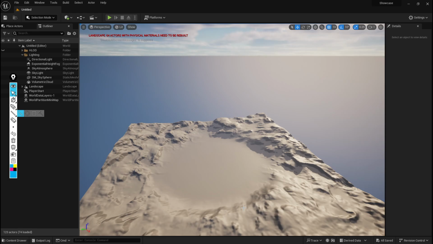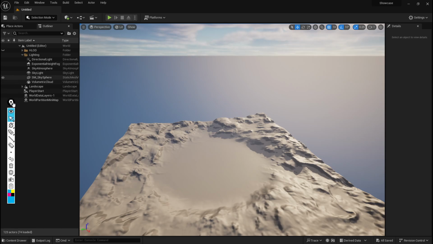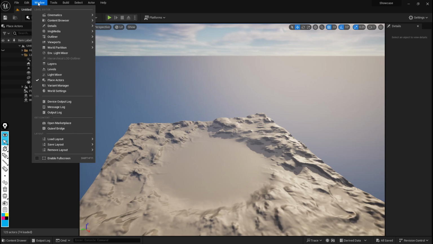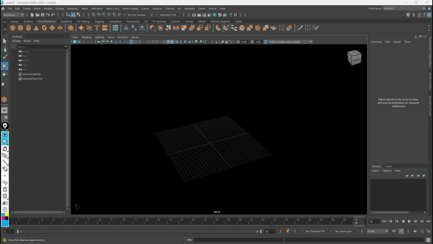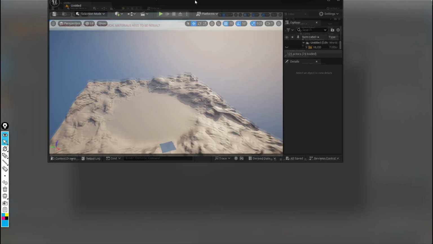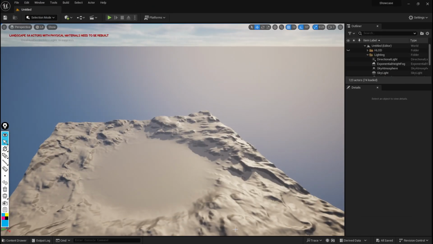So now we are in the default Unreal Engine. Welcome to Unreal Engine. If anyone's used Unreal before, you'll be familiar with this, or if you've used Unreal 4, it's similar, but a bit different. Now I'm going to just reset because that was my personal setup that I like having. Okay, so this is the basic